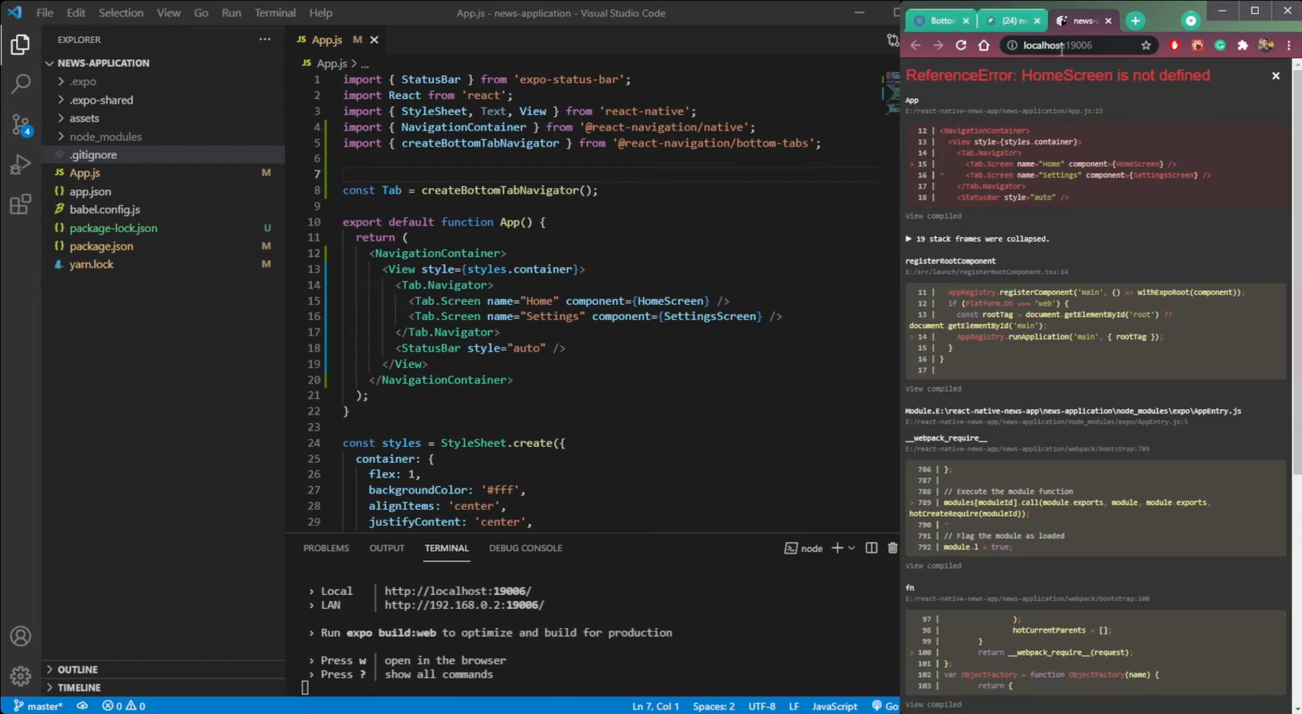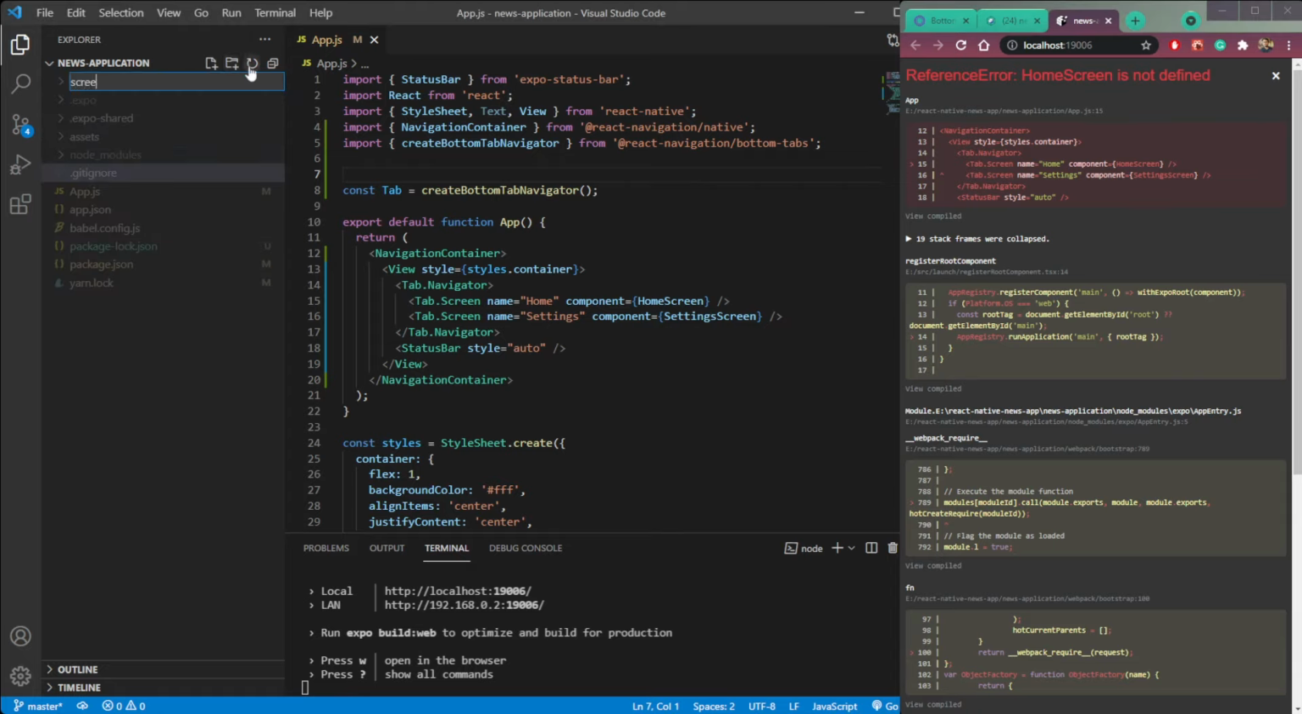You will see we will get an error because we don't have any home screen right now. So let's create screens now. Create a folder called screens. Inside we can create two screens, one for home and other for settings. So home screen.js,